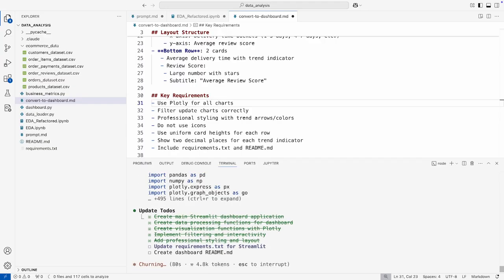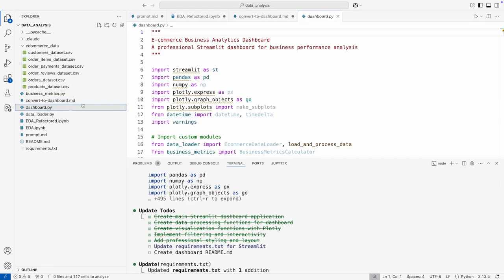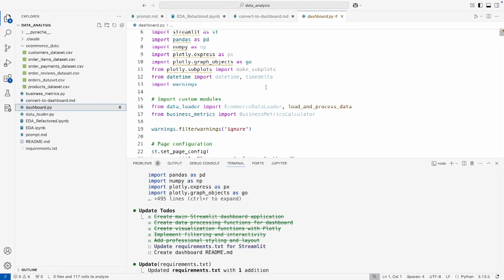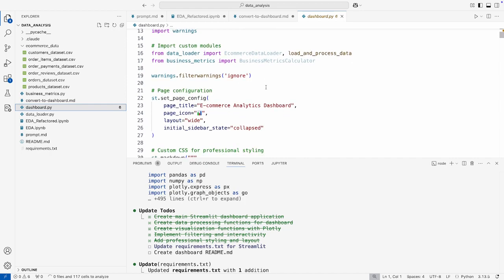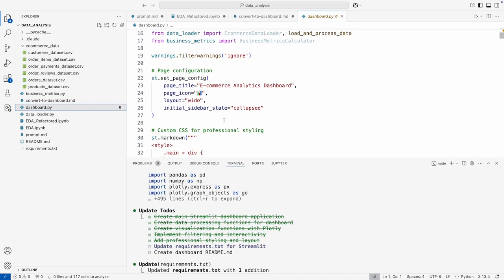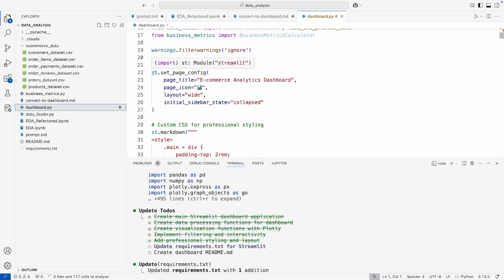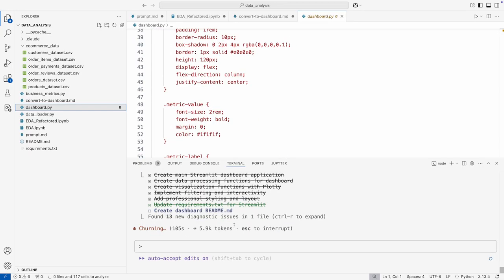We can see that it's created our dashboard, and as it's going, we can take a look at what's being done here. We're importing Streamlit, bringing in pandas, bringing in some visualizations, including Plotly. And then here you can see we're displaying some custom CSS for our styling, setting up our page configuration. Most of this really comes from that ST object that I have to work with Streamlit. We've updated our requirements.txt, and here we're actually going to create a README displaying everything that's going on in